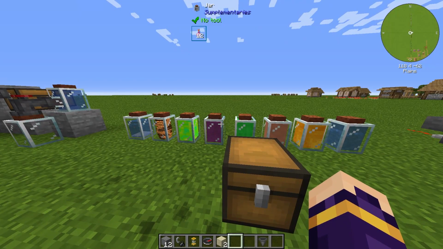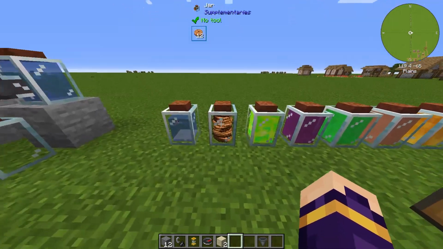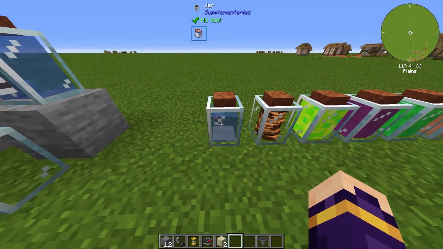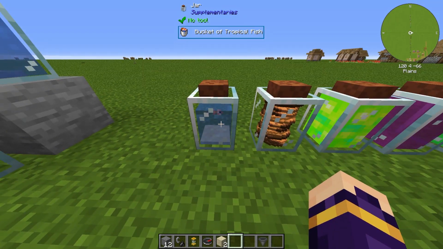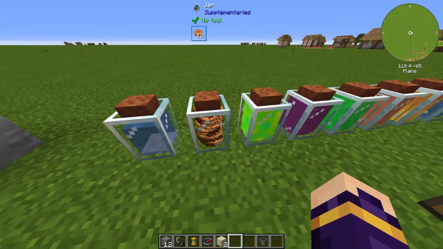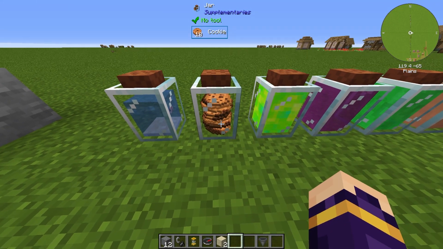It currently can't do modded liquids, but the mod developer is working on doing modded liquids. And then additionally, it can also store cookies, and it can store fish in the buckets. And you can see the little fish inside of there, which is very cool. It can store 12 cookies, and if you right click on it, I'm in creative mode right now,